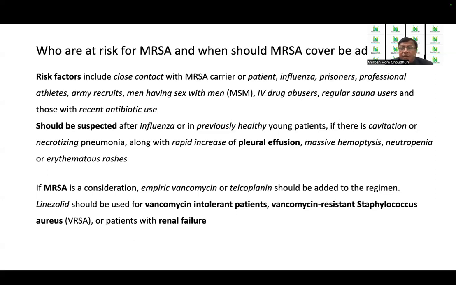Otherwise, you have to be careful about the dose because it is likely to cause nephrotoxicity. We have to remember that teicoplanin takes time, so we will always have to give a loading dose with teicoplanin. And with linezolid, we have to remember that it may cause a fall in the platelets, or it may cause leukopenia at times. So if the patient's counts are below normal, or if the patient has thrombocytopenia, then it should be used